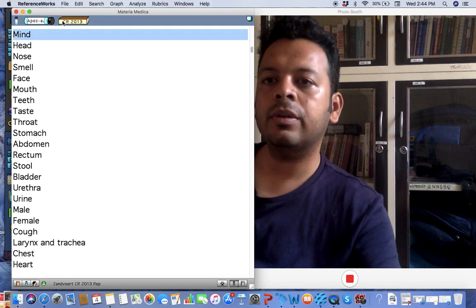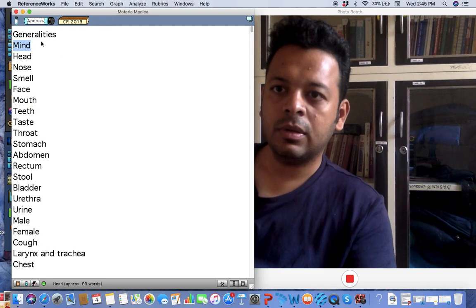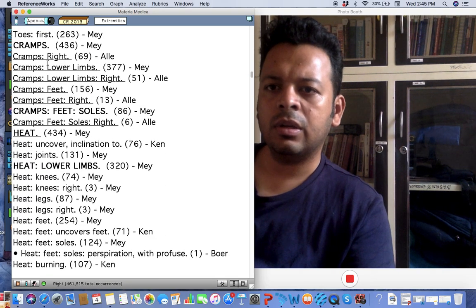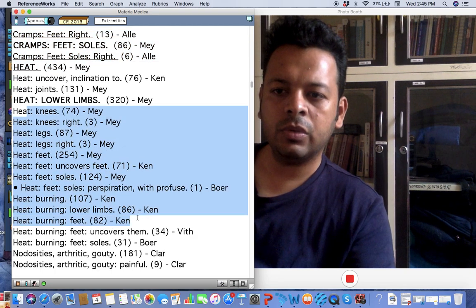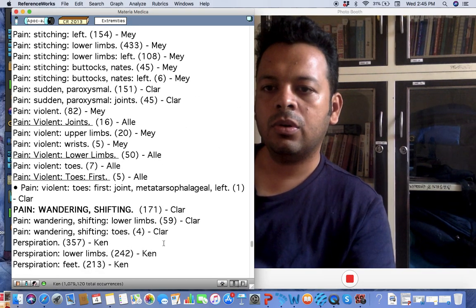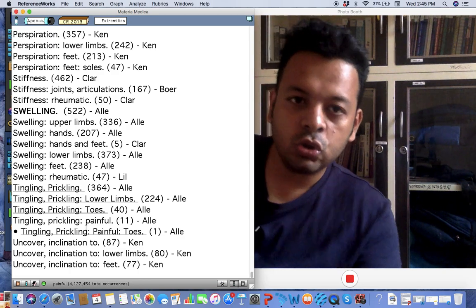Also, and we can read this a little bit from, there can be a history of a lot of violence. They can be restless as well. Typically, if we study the joint symptoms also, it will be interesting that there's a lot of history of cramps in this remedy. A lot of heat, when you touch and when you experience, there's a lot of heat. A lot of burning and heat in the lower limbs. And also wandering shifting pains at the lower limbs, swelling, tingling in the toes, wants to uncover the feet like